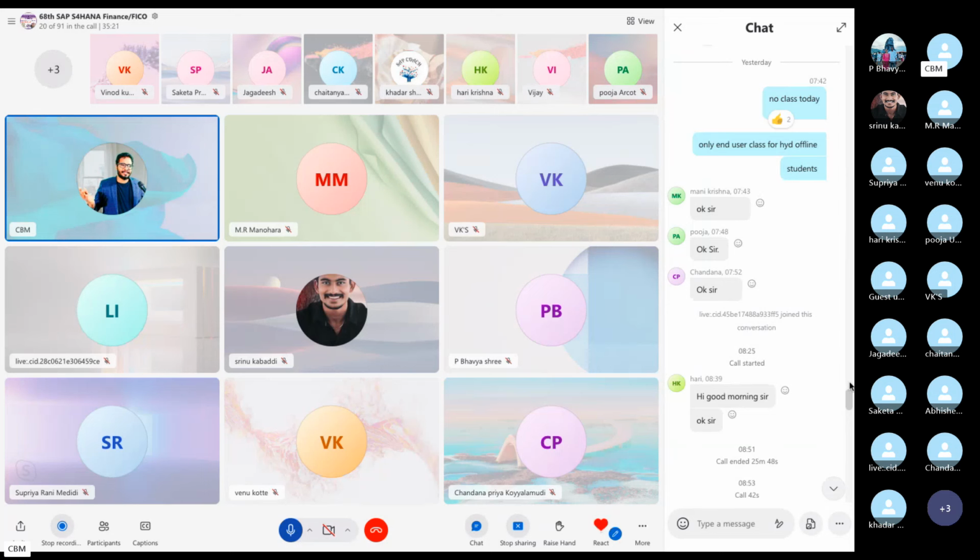Generally configuration issues, performance related issues, interface related issues, different types of issues will be resolved by raising a ticket through SLA, service level